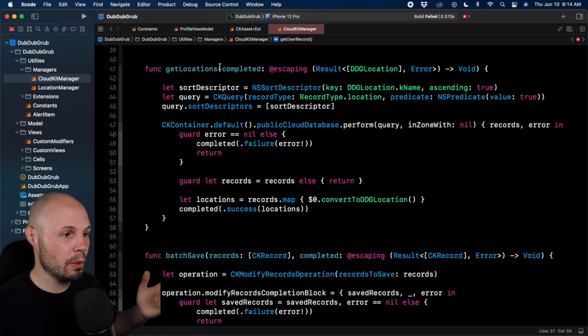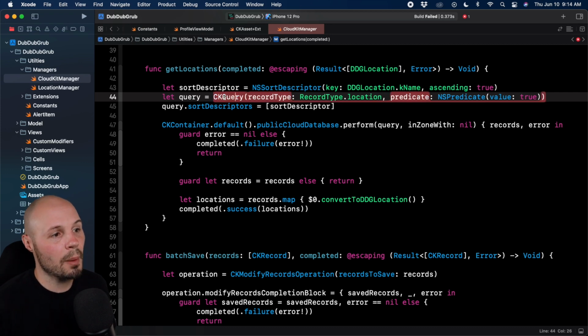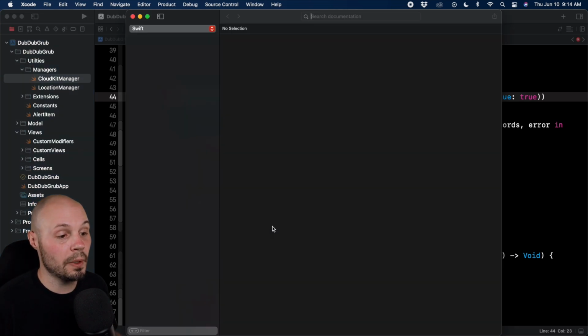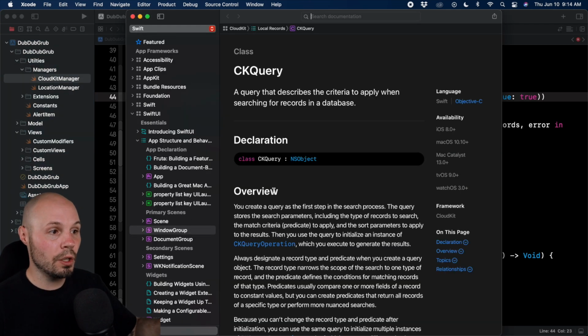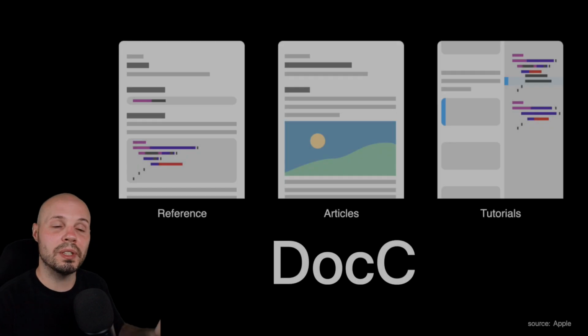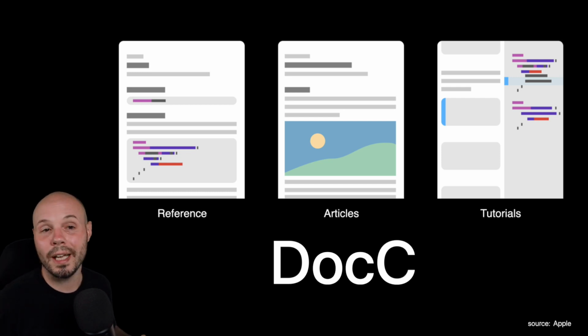For example, here I am in my CloudKit manager, right? If I was like, hey, what's a CKQuery? And I option click on it and I get this little quick look, DocC allows you to do this for your own code. And again, you can hit open in documentation and there you go. Your documentation would show up here as well. It also allows for articles and interactive tutorials similar to Apple's own SwiftUI tutorials to be built for your code base as well. So again, I'll link to the WWDC talks in the description, but this is another big addition